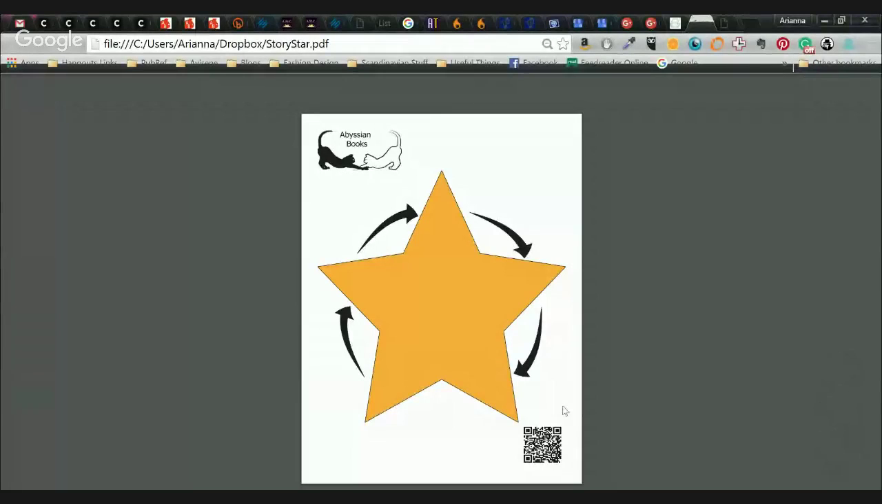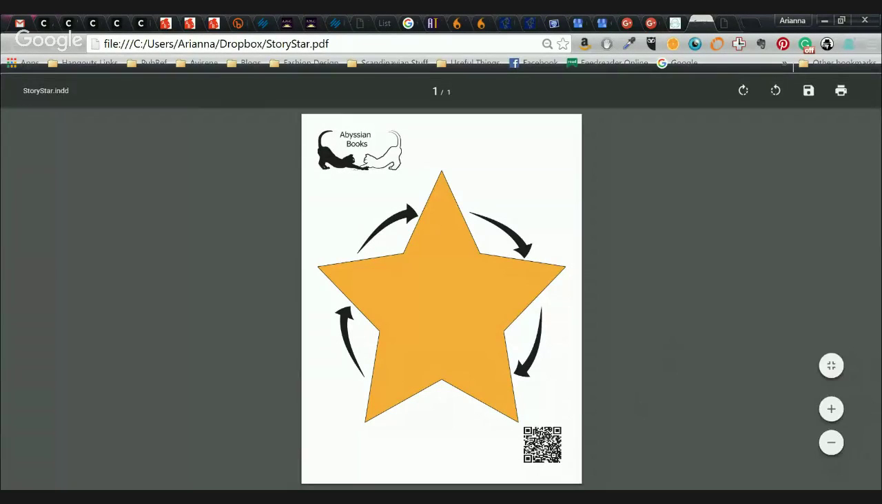And so I like to think about structure in terms of the story star that I mentioned last time, and I have the star open. So I'm going to screen share so you can see the star. Okay, so the star